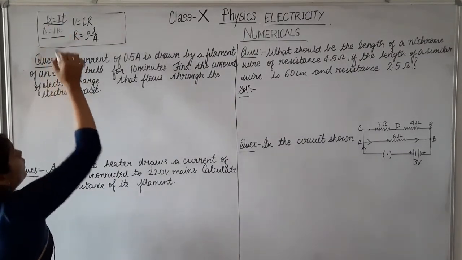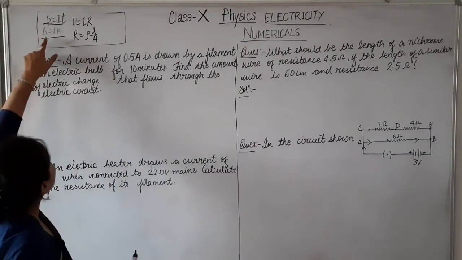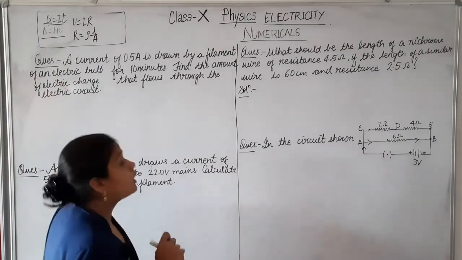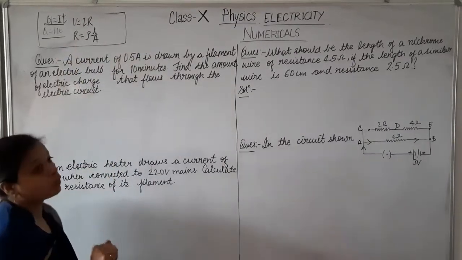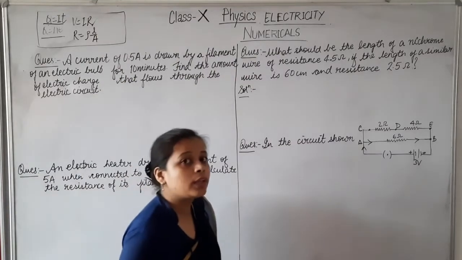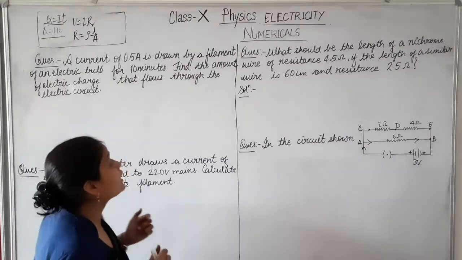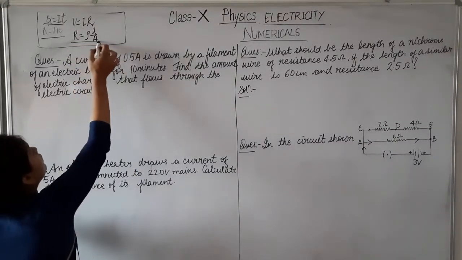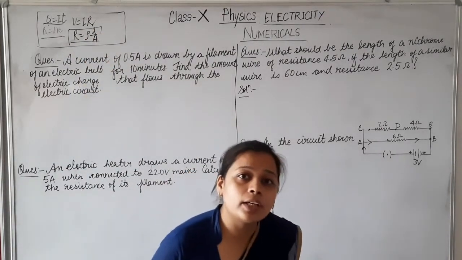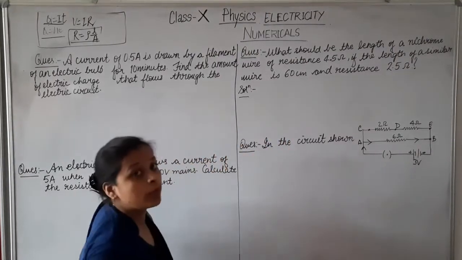And if we are asked to find out the number of charges, I have already discussed in an earlier video that Q is equal to N E, where N is the number of electrons present in any conductor and E is the charge on one electron. This relation is from Ohm's law, and when you have understood Ohm's law, then if any resistance was having length and some cross-sectional area, there was a relation in which it was told that resistance is directly proportional to length. That concept we will use in this numerical.